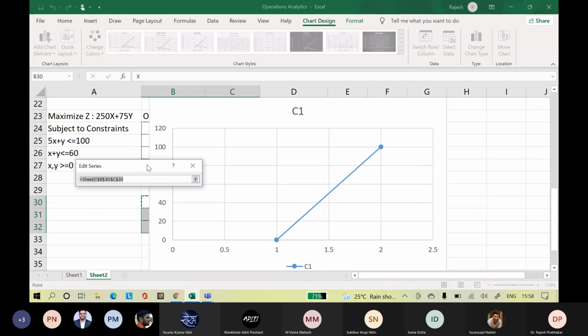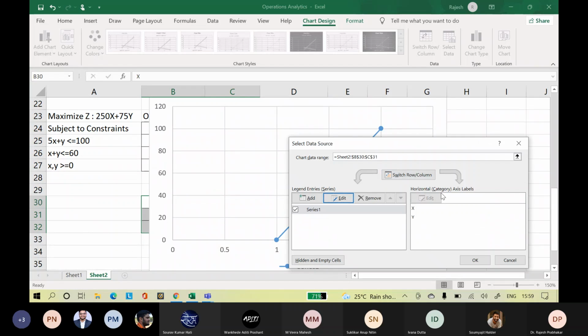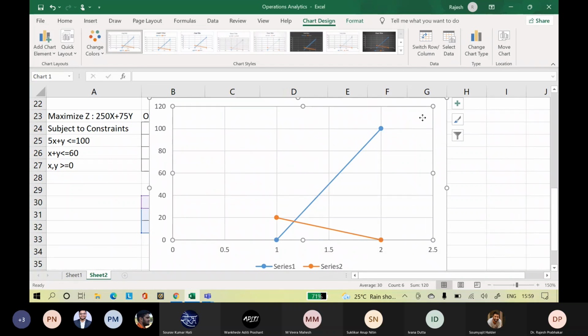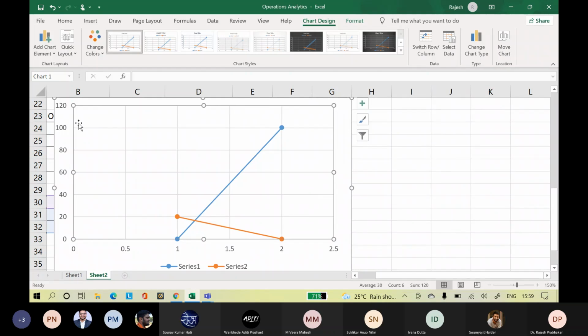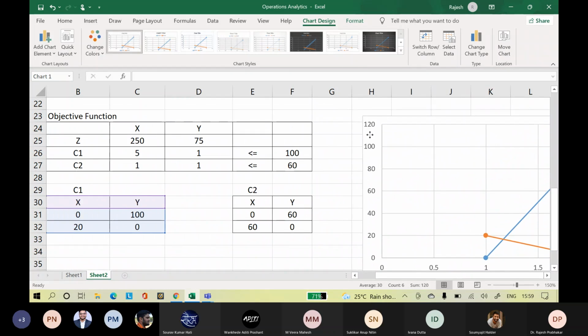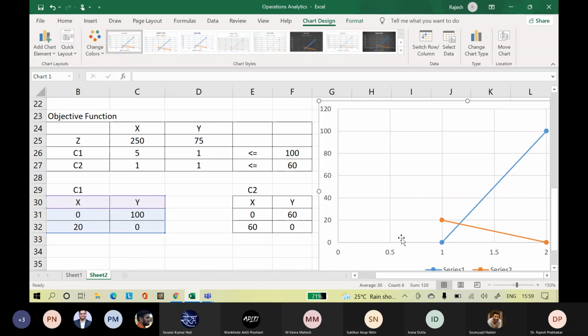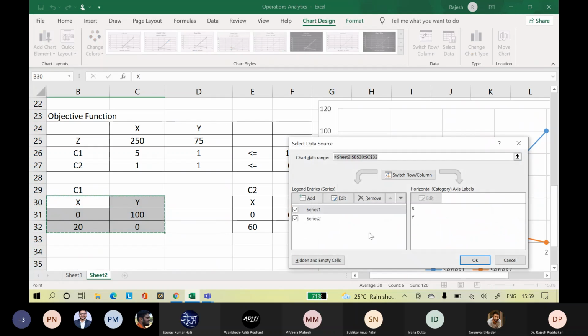Okay, so we have to move this graph to the side. Let me move the graph to the side so that the graph is not covering the data. Okay, I'll put the graph here. Select data, series 2, remove, right?